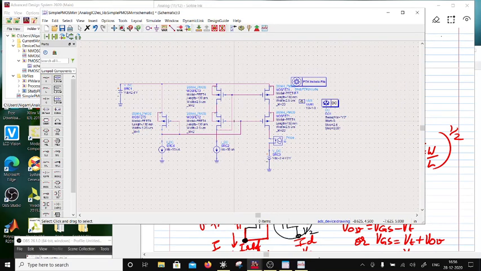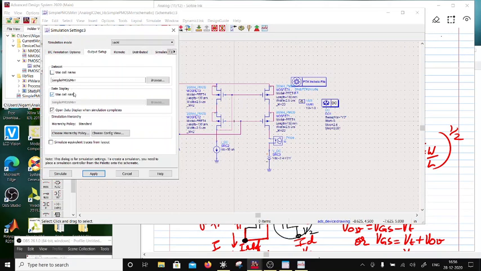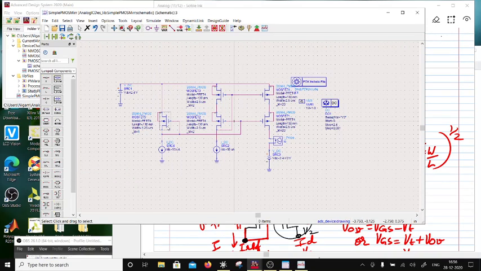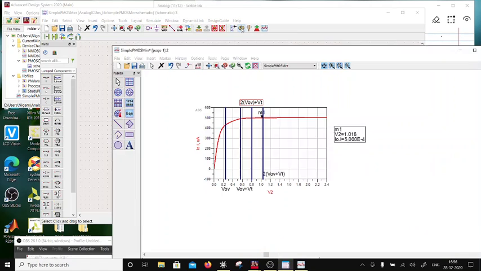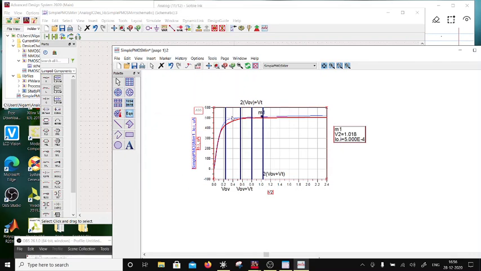So once you do that, I'm going to change the simulation settings, I'm going to change this to 1. Okay, apply. All I have made is that this device is 1/4. You can do the same thing by keeping the size the same but drawing 4 times the current here. And if I hit simulate, okay, so I'm going to plot this from a different data set. Okay, so now you see,